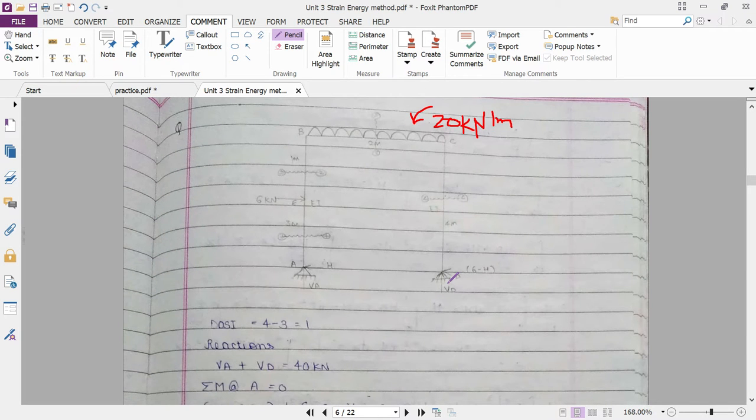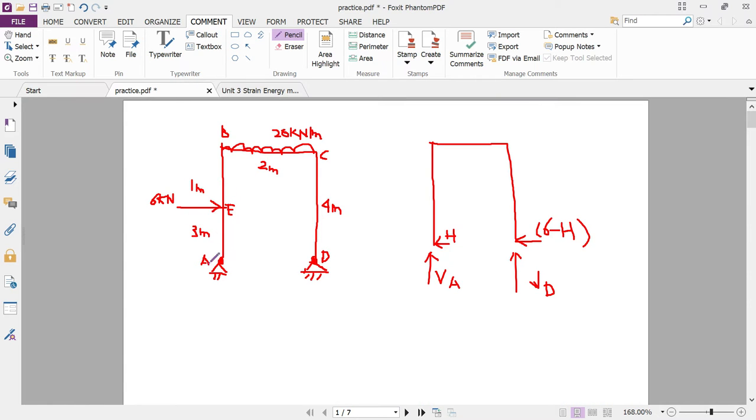Today we will see the next example of the portal frame, which is also based on the strain energy method. This is a typical diagram of the portal frame. If you see on the screen, it looks like this. Supports A and D are hinge supports, and BC has a span with a UDL of intensity 20 kN per meter acting. Along with that, column AB is also subjected to a horizontal load of 6 kN.